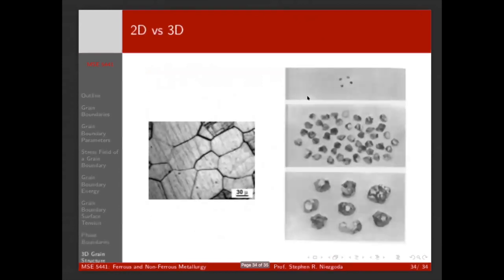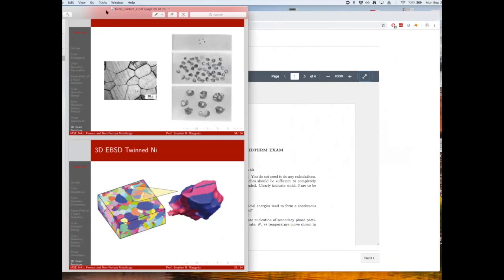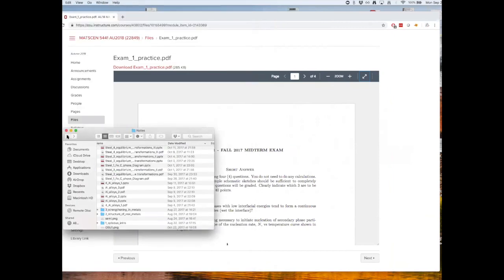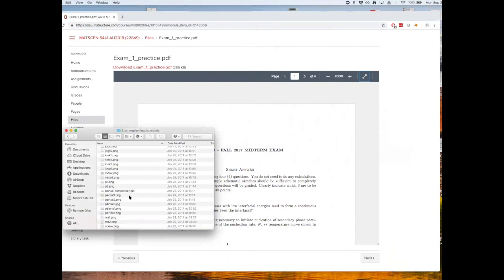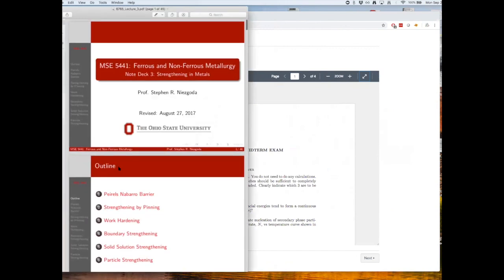And again, big concepts are much more important than specific details. The difference in energy, the Poisson's ratio effect term that comes in between a screw and an edge dislocation is not super important. But a general